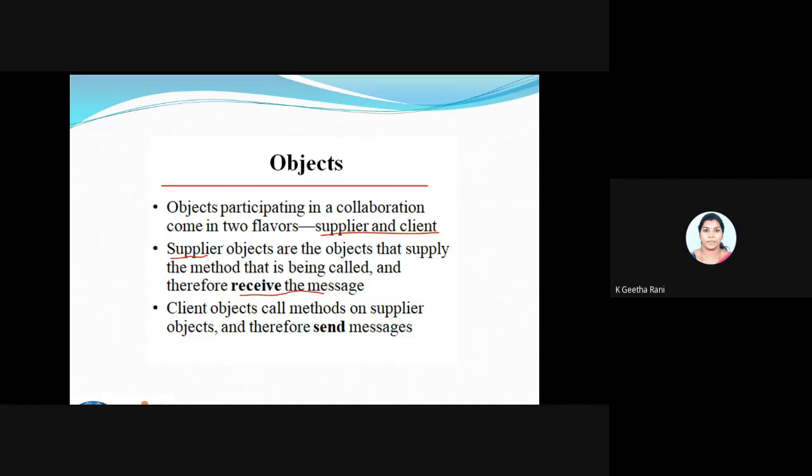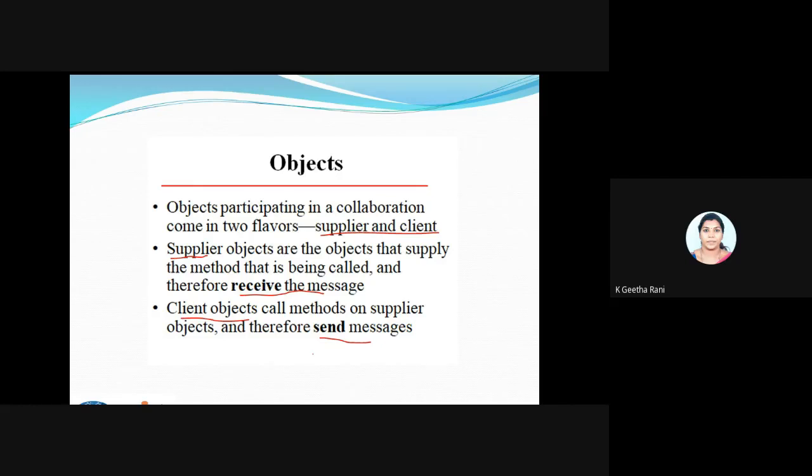So when an object receives a message from another object, that object is called a supplier object. What is a client object? An object that passes or sends a message is called a client object. You can think of it like a sender or receiver, but we are speaking in technical terms like supplier and client.